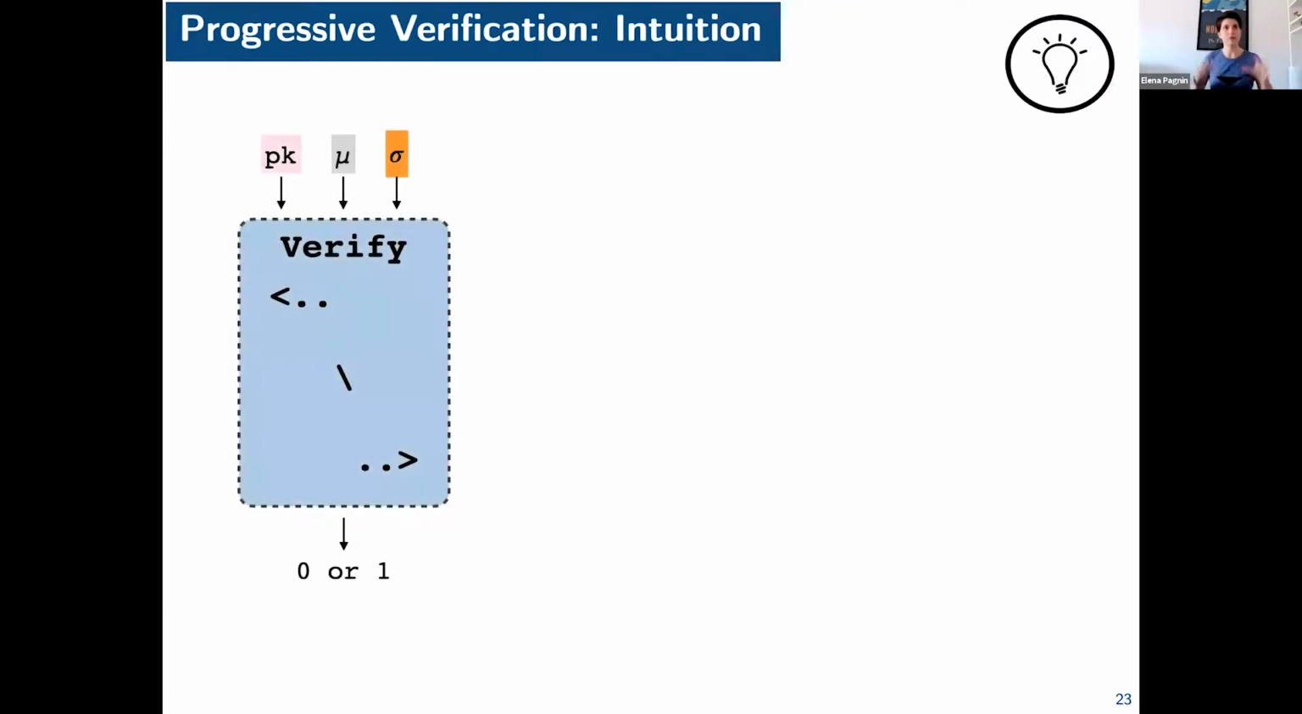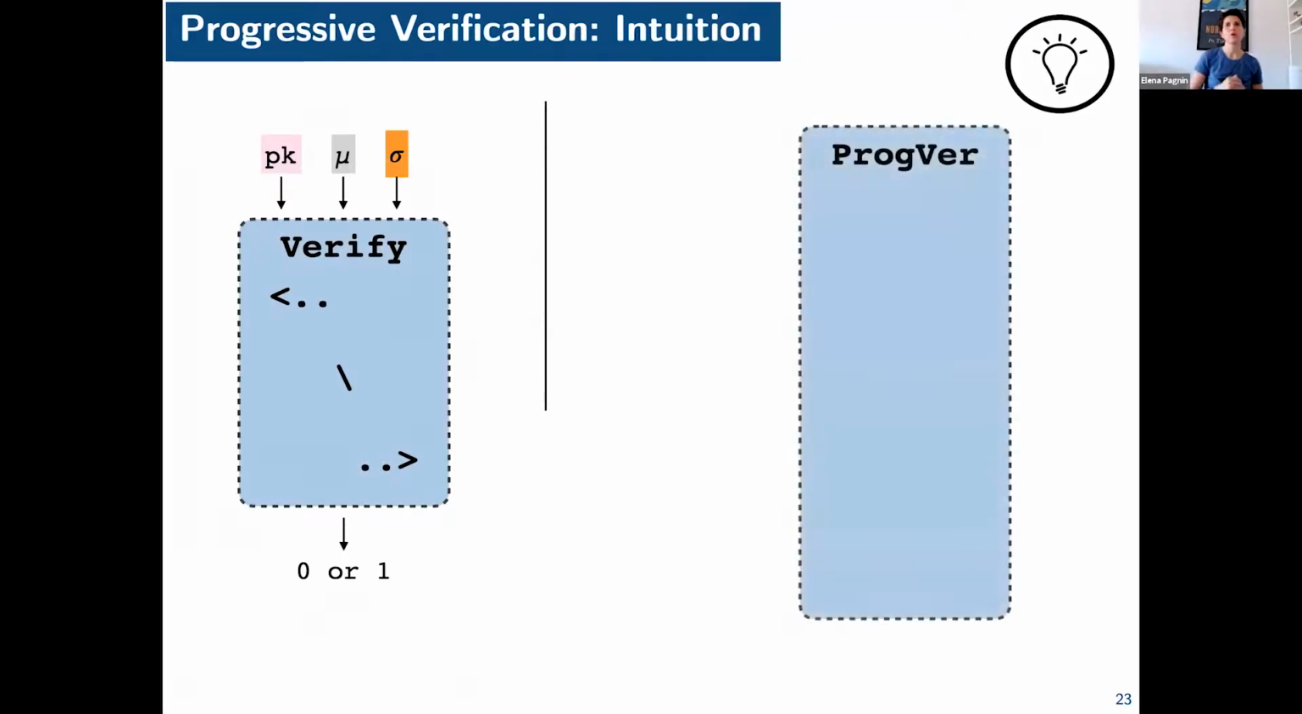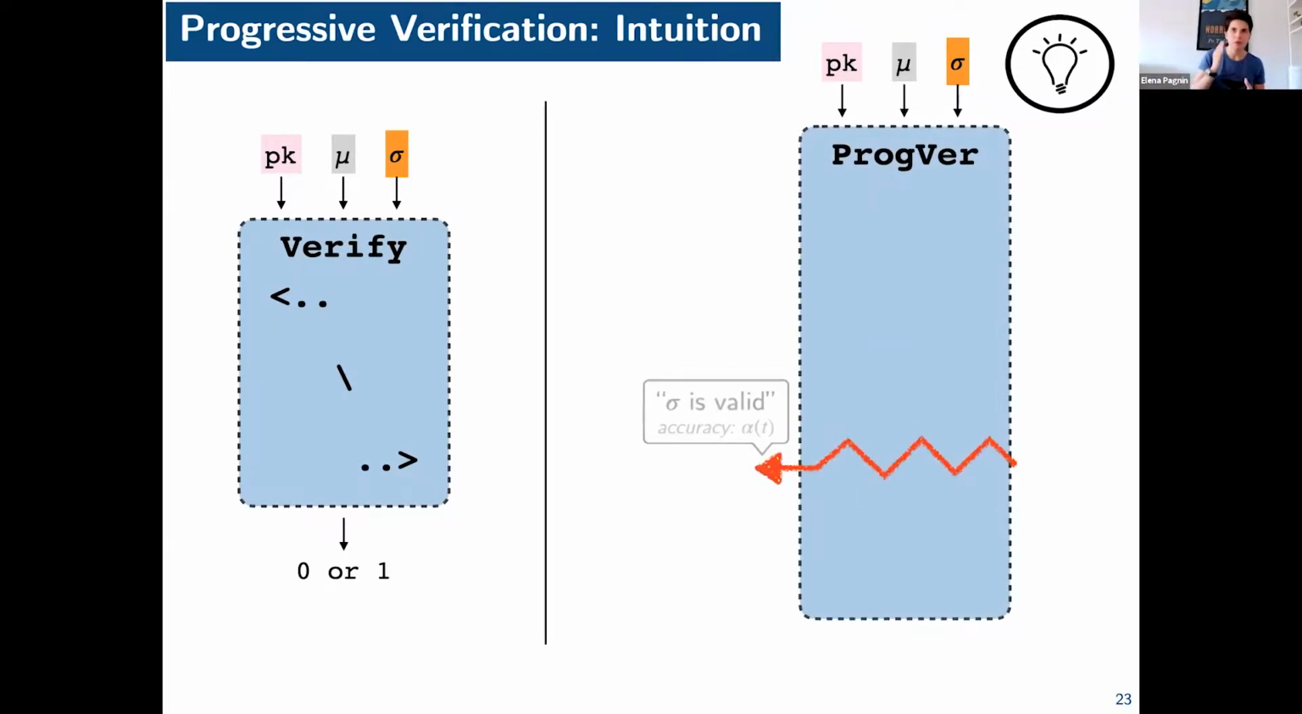So we have again our verification algorithm, which takes the standard inputs and gives out a 0 or 1. What we want to do with progressive verification is to design an alternative way to run the verification process so that if it's interrupted at a certain point, I will get the information that sigma is valid, with an accuracy. So how confident am I that sigma is indeed valid? I didn't have the time to execute my algorithm in its entirety, so I might be wrong, but I'm confident